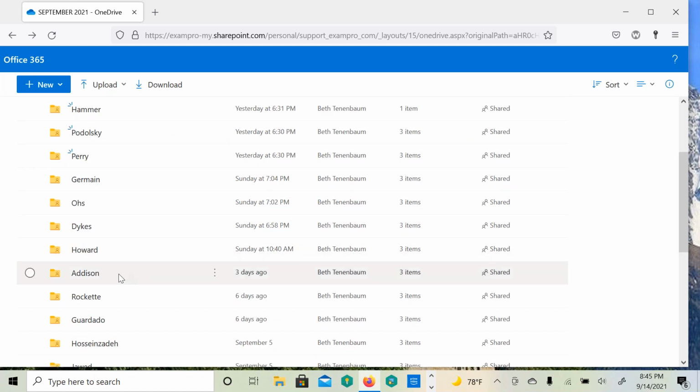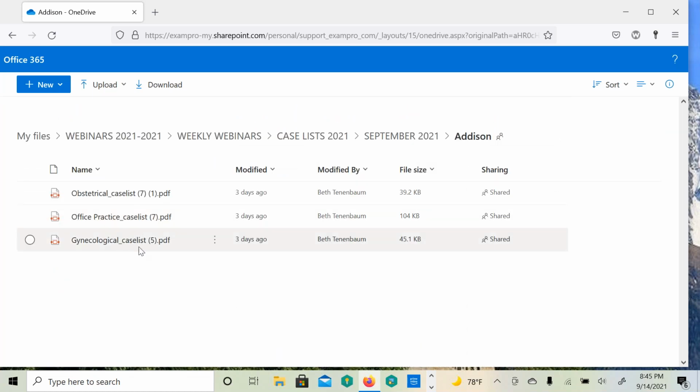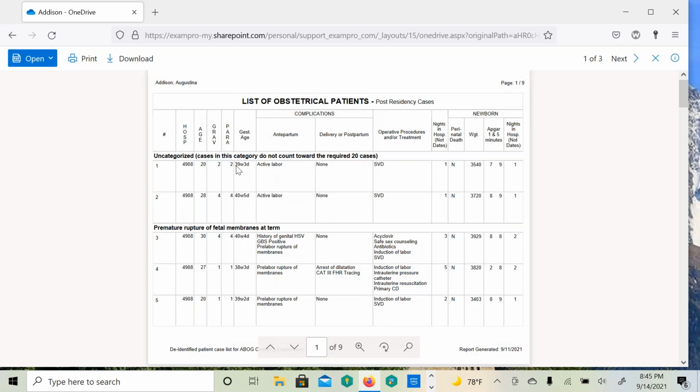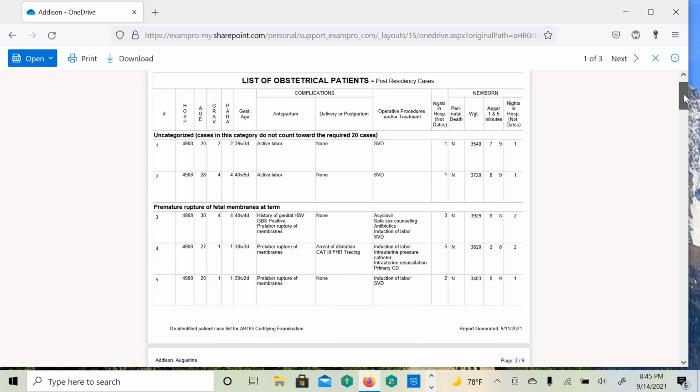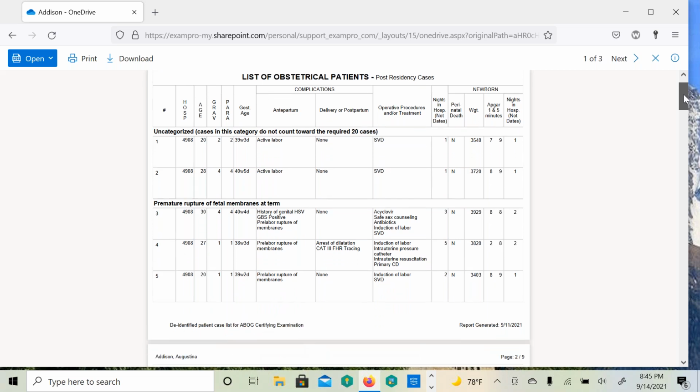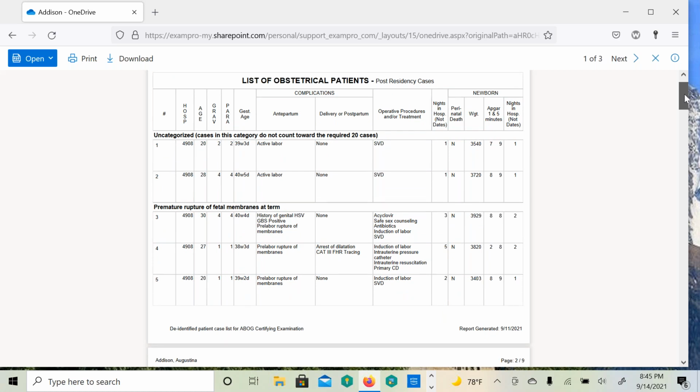Let me get down to your case list right here. Anything you'd like to talk about this evening? Since we did a GYN case, can we do an OB case? Yes, let's do it. Pick whichever one you like. Any particular one that you're looking at on OB? No, I'll leave it up to you. Okay, sounds good. Let's see what we can do here.